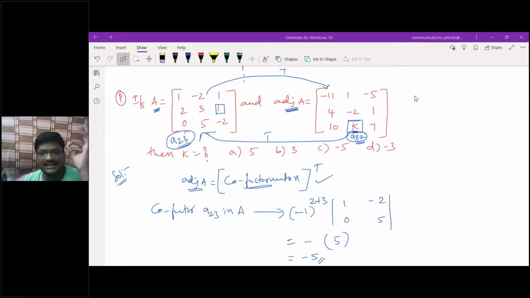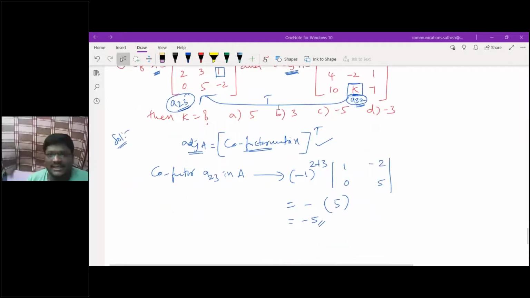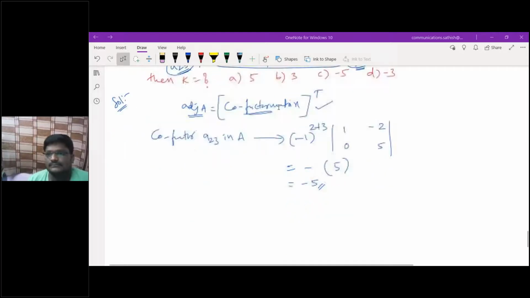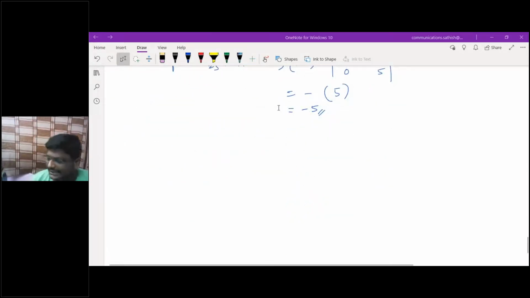See, for understanding this, if it is difficult then you can go directly. The earlier method I told you is that from the given matrix, if you directly calculate the adjoint, you will have the same answer. I'm just giving the straight shortcut for that. Understanding what I'm saying? So this is how you have to calculate the inverse of a matrix. I hope you will solve some more problems based upon that.